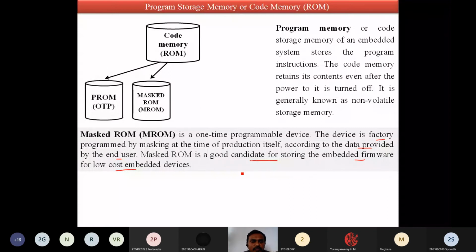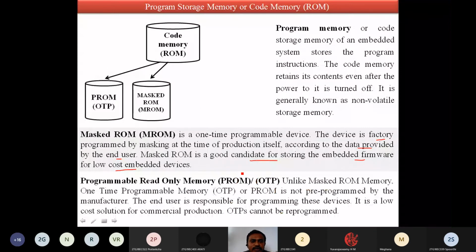Another one is PROM, or one-time programmable memory. PROM means programmable read-only memory. The difference between MROM and PROM is small. In the MROM, the program is written by the factory only one time. What about in PROM? The user can write the program only one time. Hope you are getting this, programmable read-only memory. Unlike masked ROM,